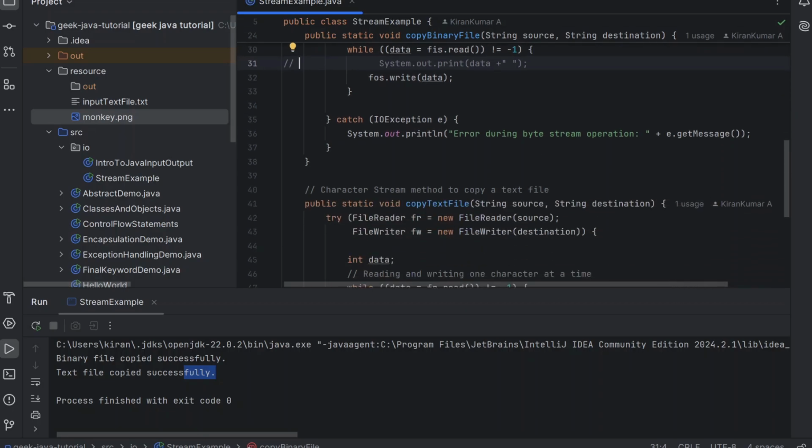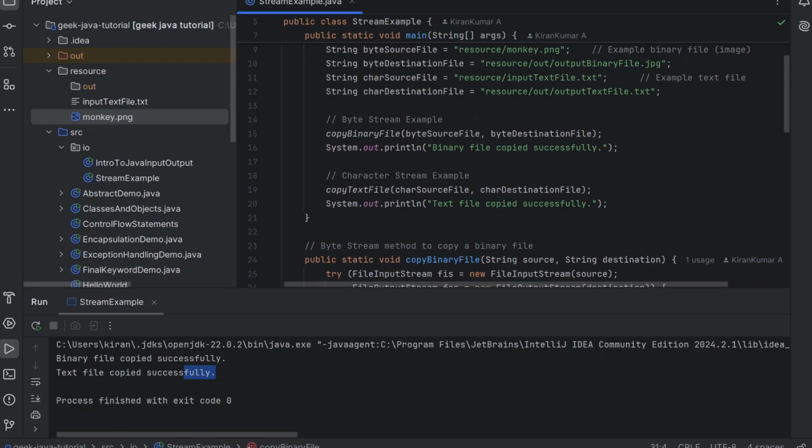So once it's done, I just print this out as a binary file copied successfully. Let's see copy text file. So this is for the character stream example. Okay, so if you go to copy text file,